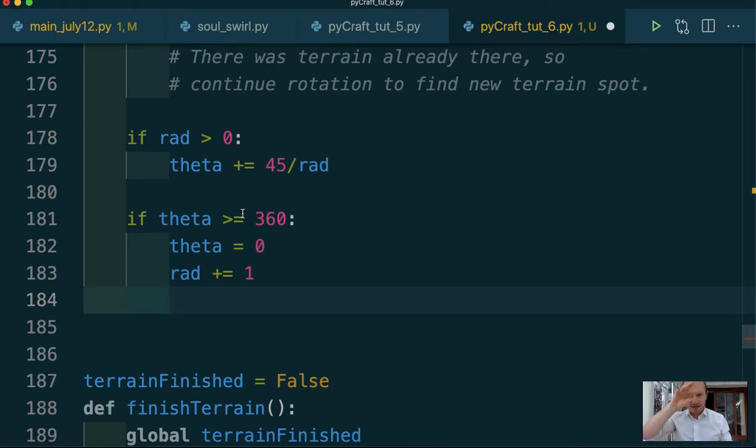Theta is 0, so our angle is 0. So then we increase the radius. We only want to generate, say, a certain large amount before stopping for performance issues. Although I guess we could, let's just leave that for now and add that later on. Okay,